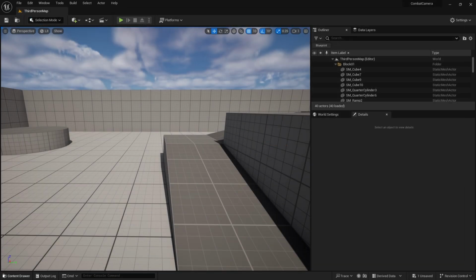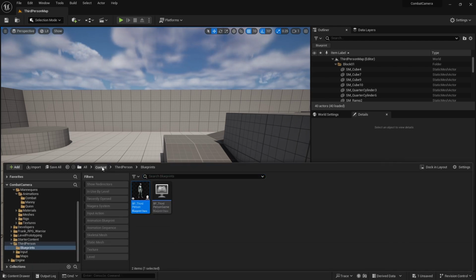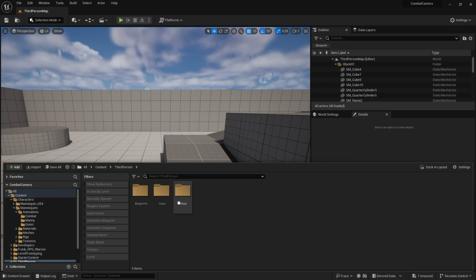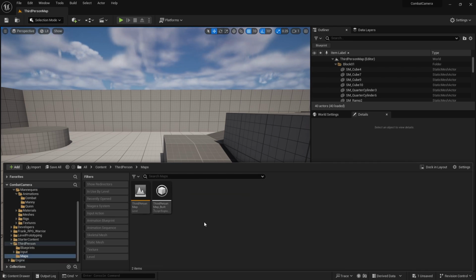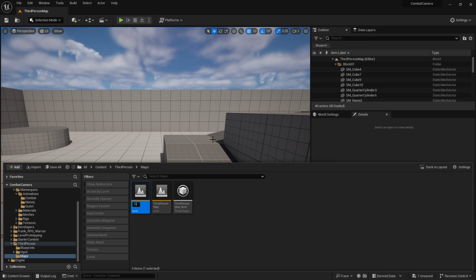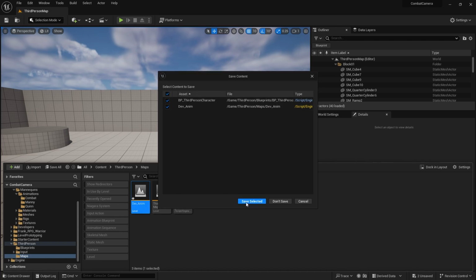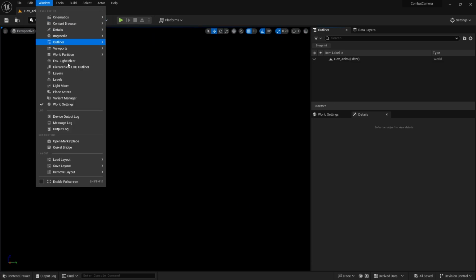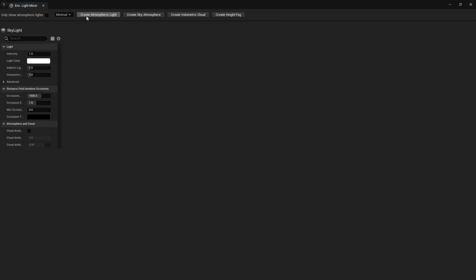So for this, we're going to create a level sequence which is specifically designed just for our character. Now, the way I like to work is I like to create a new map where I can work on my dev animations in a clean environment. So I'm going to create a new map and we'll call it dev anim. And you'll see why in a moment, because once I add the lights in here with the environment light mixer,